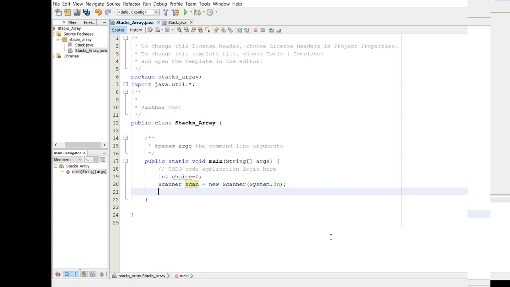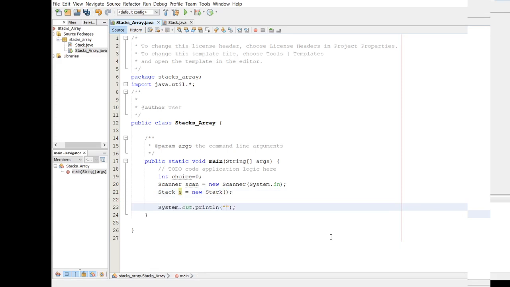After that, we will be creating an object of Stack, and we will name this one s, is equal to new Stack. Then after that,